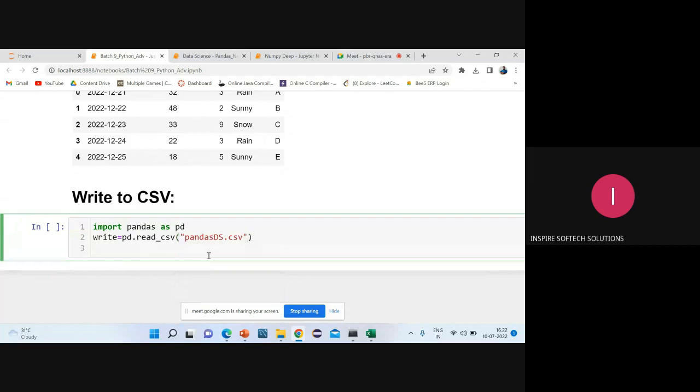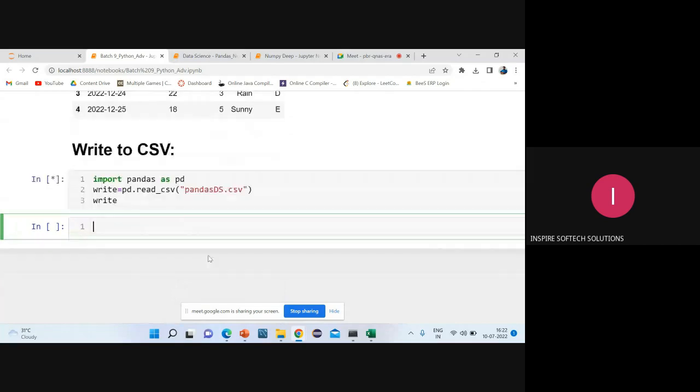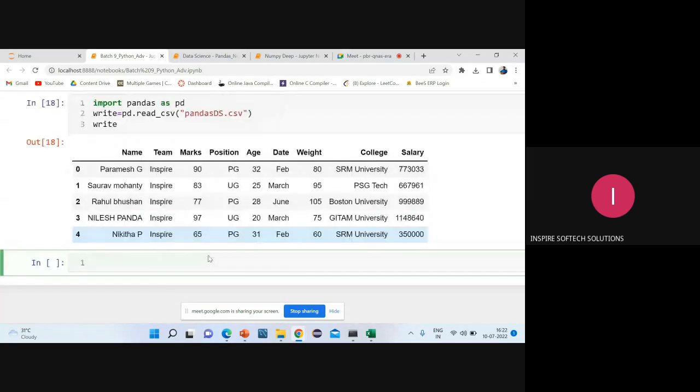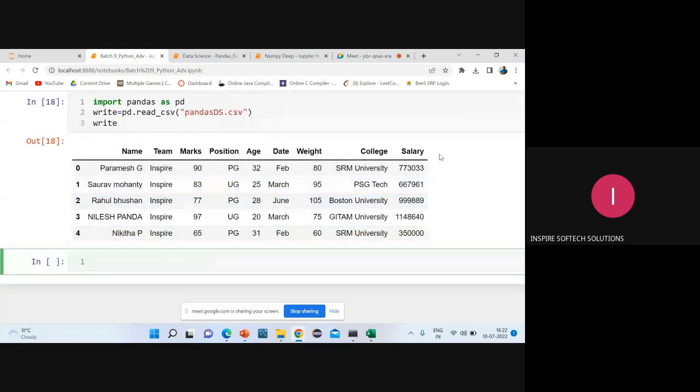Yep, we have read it, and I'm trying to write. So I have written it here, which we know already. Now, if you want to add a column, how are we adding the column? Yesterday we discussed insert. If you want to add at the beginning, I can give the index position. Yesterday, in between team and marks, we were able to add one more column called employee code. Hope you can remember it. Employee code or lucky number, something like that we were doing. Is it possible? Yes, that is what we are adding.